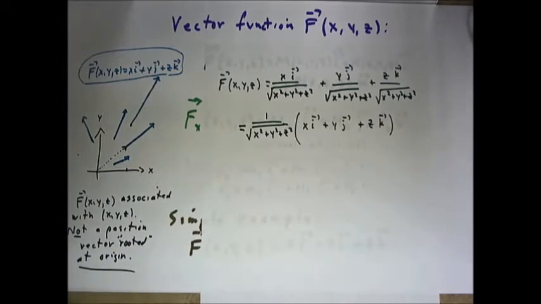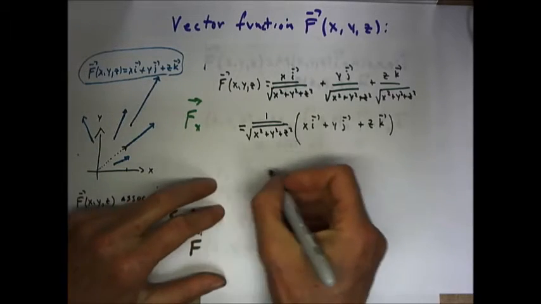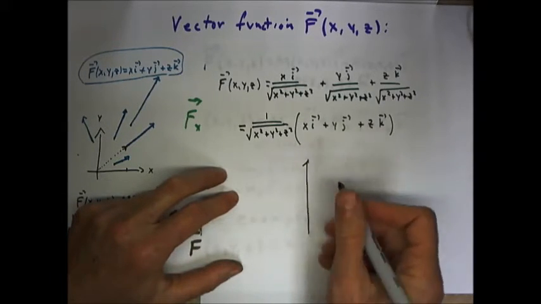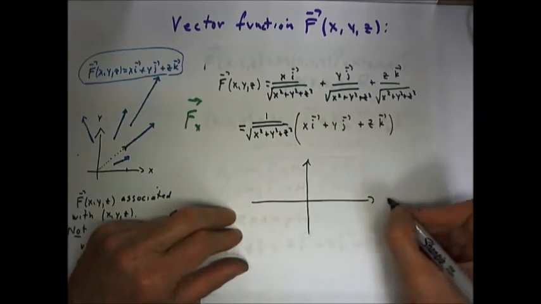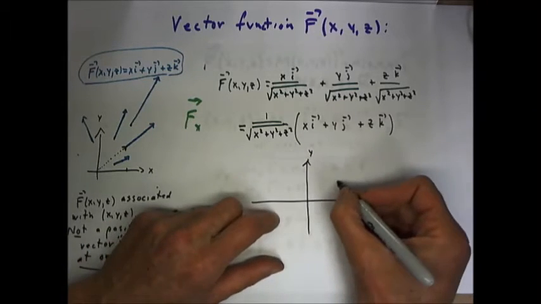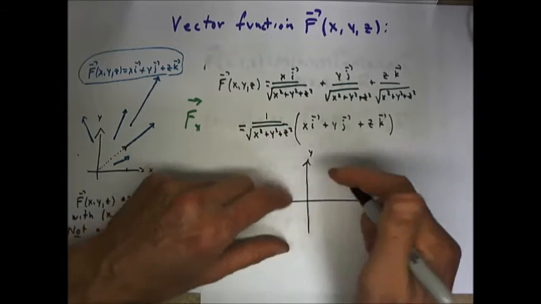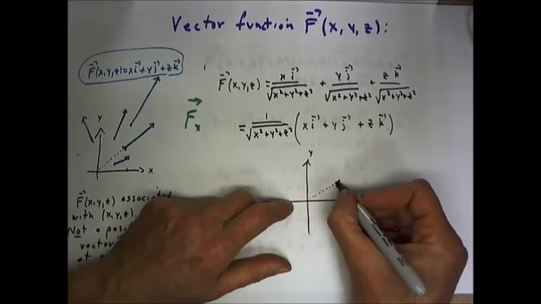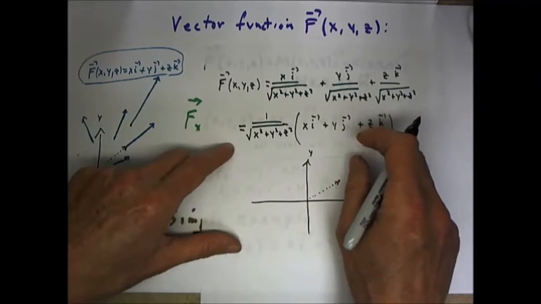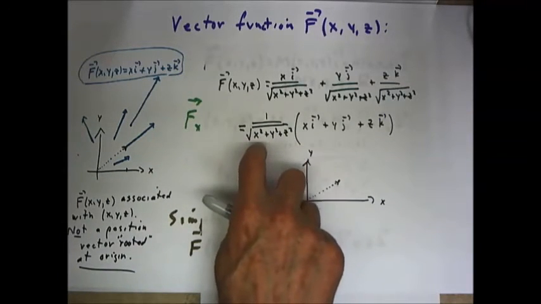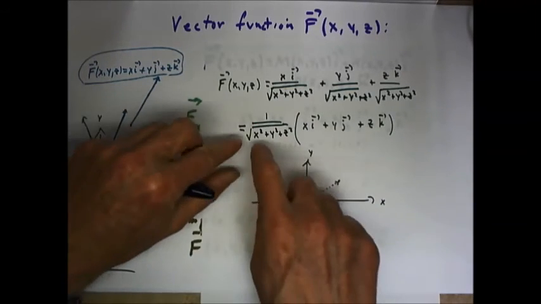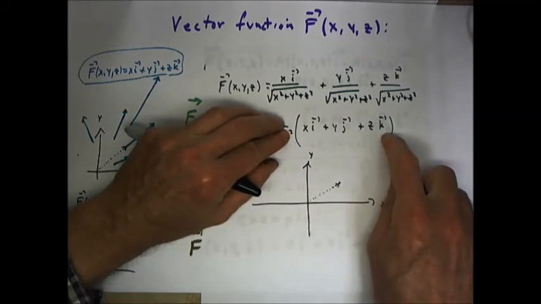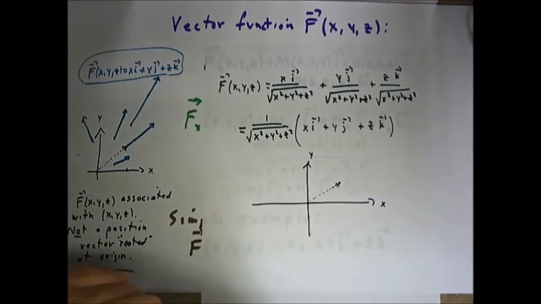And if we sketch this field, and again we're just going to do this in 2 dimensions, but this would extend very naturally into 3. So if this is the x and this is the y, at a point we still have the vector xi plus yj plus zk. However, we're dividing that vector by the square root of x squared plus y squared plus z squared. If we think about it for a minute, this is just the magnitude of this vector. So that this is a unit vector